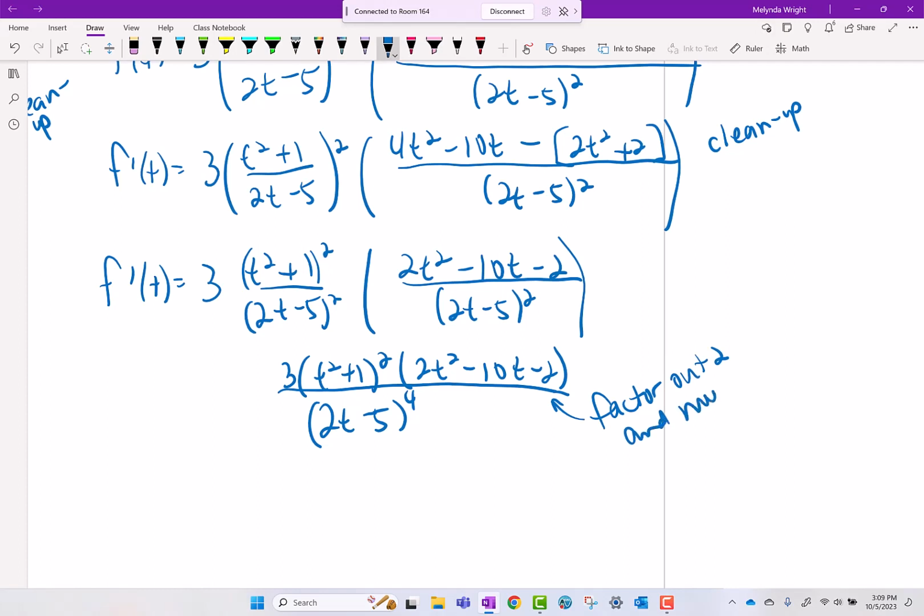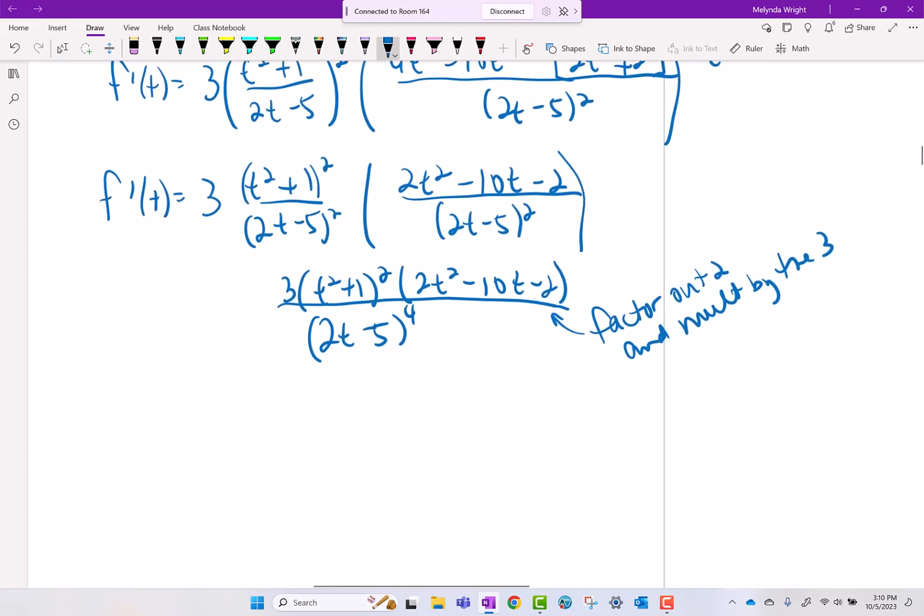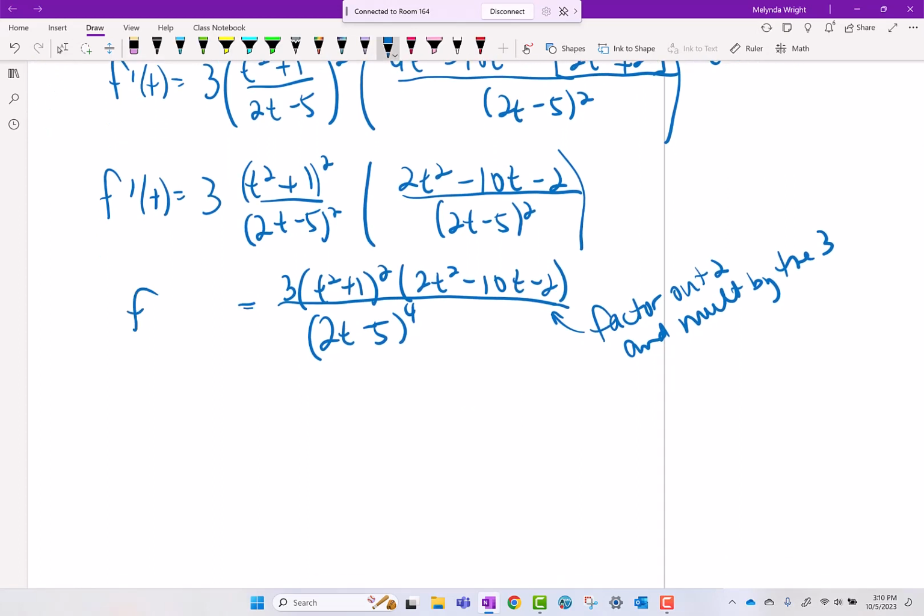And multiply it by the 3. And that's what they would do. And I'm going to write that just so that you see it. So this is f prime of t. So f prime of t is,